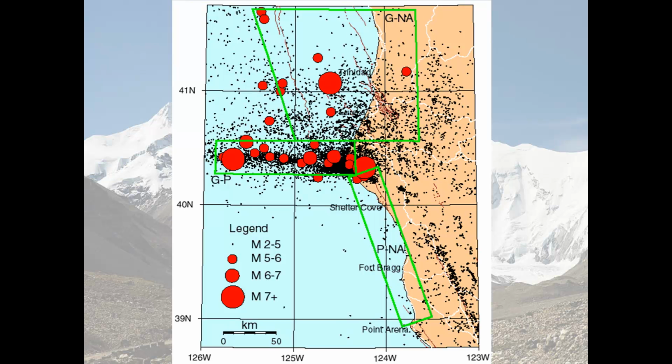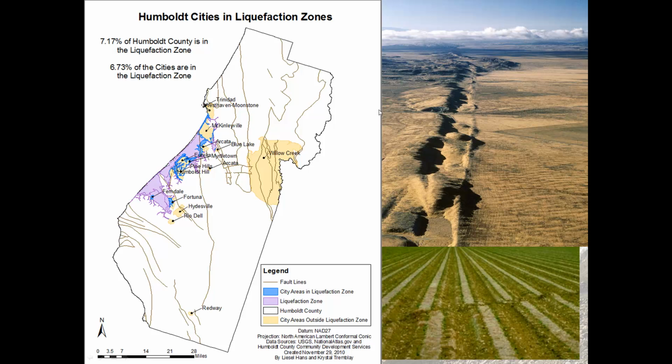It's very active geologically. Where you have plate motion, the earth fractures, and those fractures are called fault lines. And earthquakes happen along fault lines. It's where two bits of the earth move relative to each other. And I didn't want to leave you with the impression that all this stuff is happening offshore. A lot of it is happening onshore. Right around Eureka, in fact, throughout Humboldt County, we have a number of active faults, some of which come right through Arcata. Probably Fickle Hill is on a fault, or at the base of Fickle Hill is a fault, with one side going up and the other side going relatively down, and you get topography being formed.